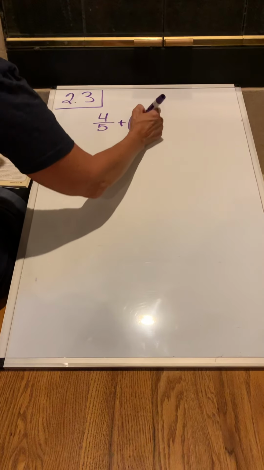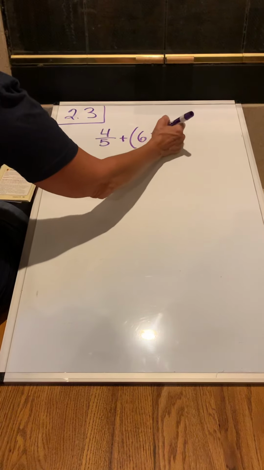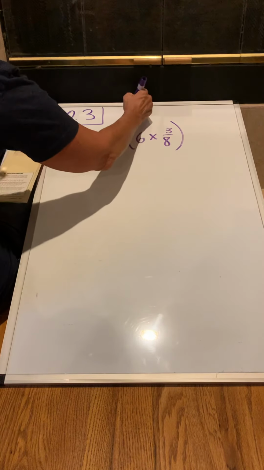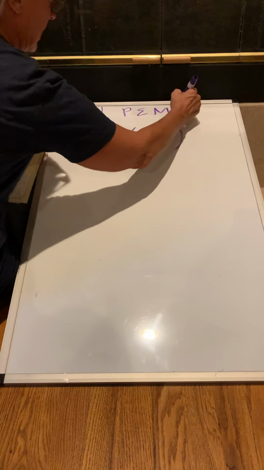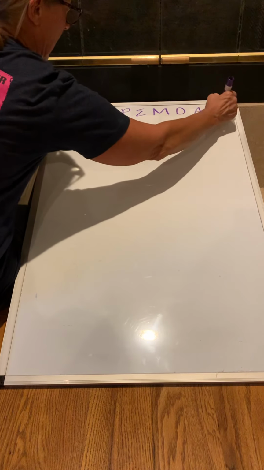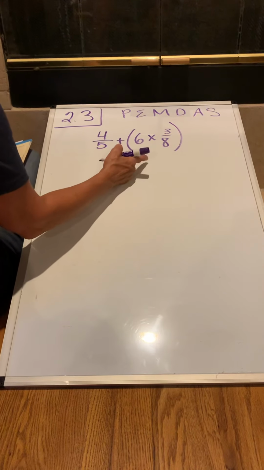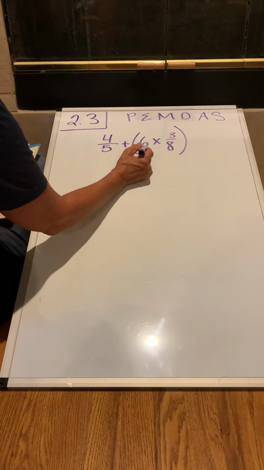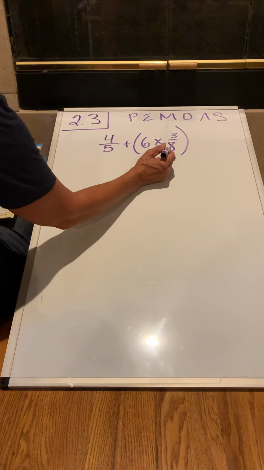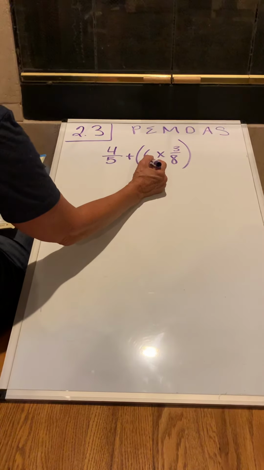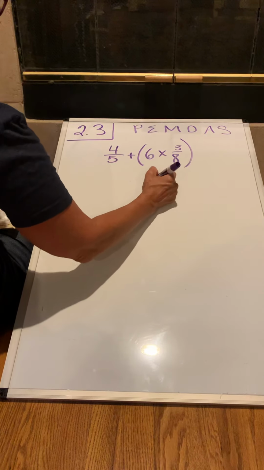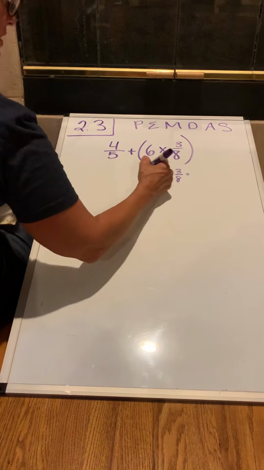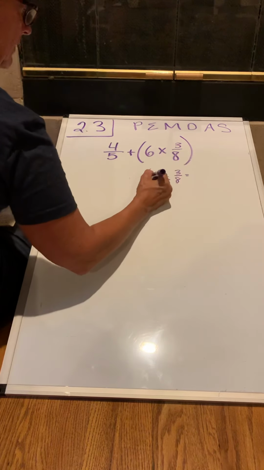plus 6 times 3/8. Couple of things to do here. Remember, please excuse my dear Aunt Sally. So we're doing the work in the parentheses first. Now, I told you the other day, whenever we're multiplying a whole number by a fraction, we put the whole number over 1. So we have 6/1 times 3/8. We multiply straight across, and we get 6 times 3 is